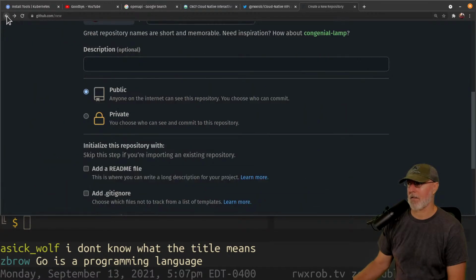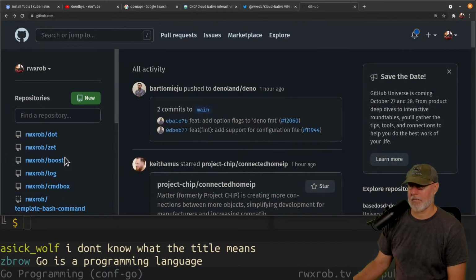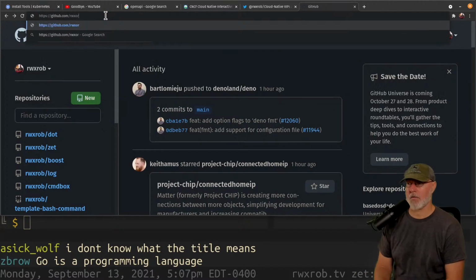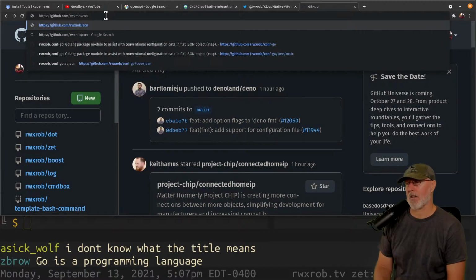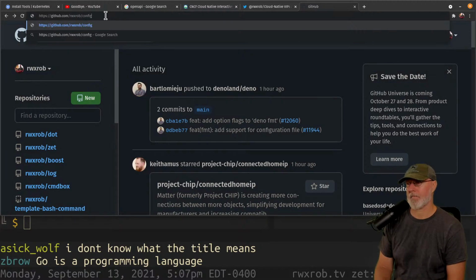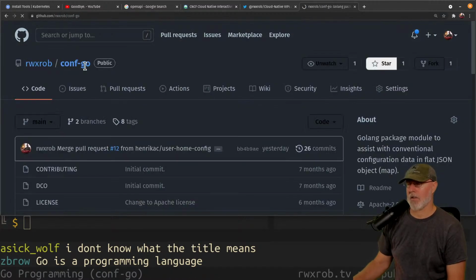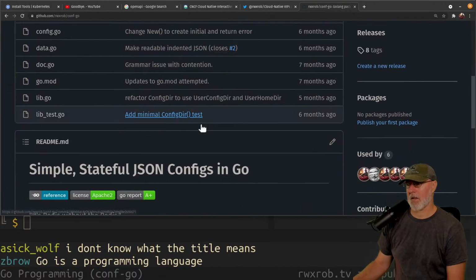I'm trying to show you documentation automatically so you can see what happens. So if we went to the config Go project, you can actually click on the documentation link, and I put that in my README here.